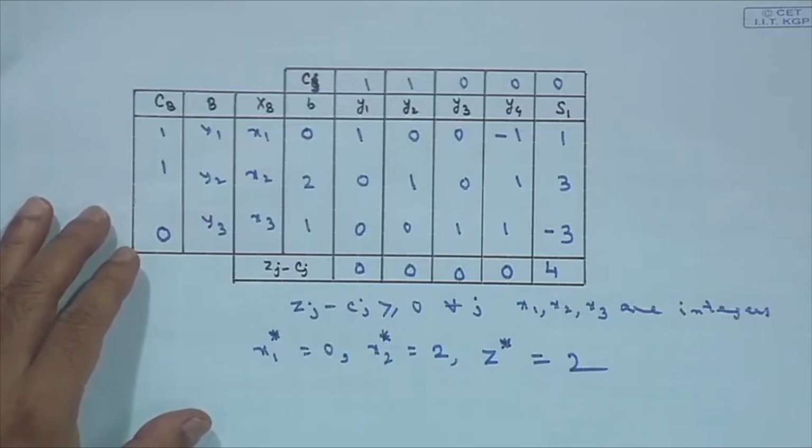So, I hope it is clear to you now. Whenever I have a mixed integer programming problem, where some of the variables can take only integer values and some can take either real or integer values, my procedure should be to first solve the problem ignoring the integer constraint. After that, check the solution and find out whether there is any non-integer value in the basis or not. If there is any non-integer value, corresponding to that non-integer variable you formulate the Gomory constraint, you add one more constraint, which we call the